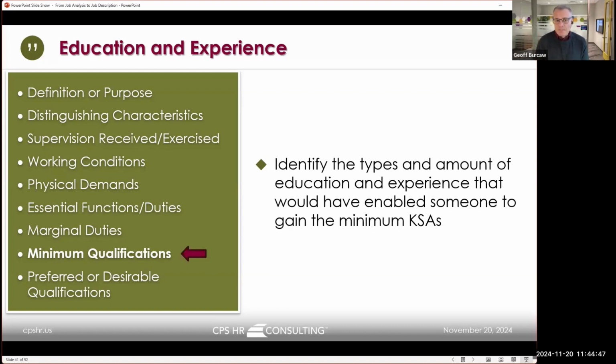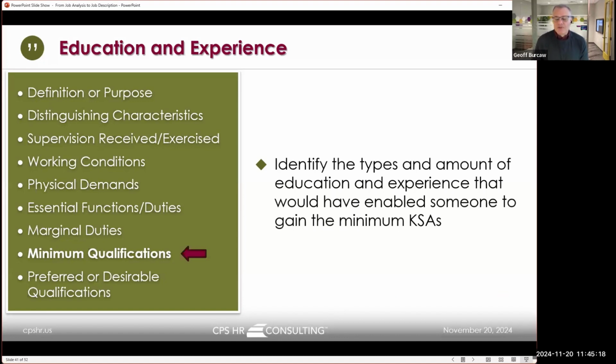So we've got minimum qualifications in terms of KSAs, like at a minimum, we saw a couple of knowledges and a couple of skills that as a minimum we want people to have. We can also identify different education and experience, of course. Now, developing minimum qualifications that are valid is a whole different thing. In fact, I did a webinar last year on that, and I've done whole classes on that. So it's a big, huge area. But basically,